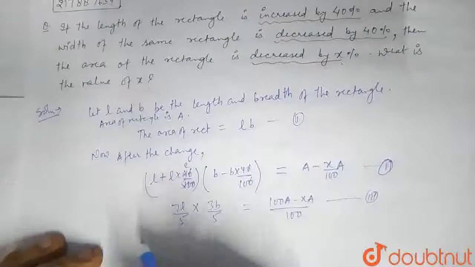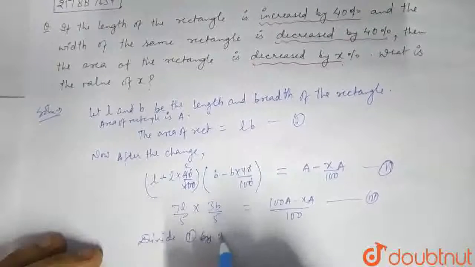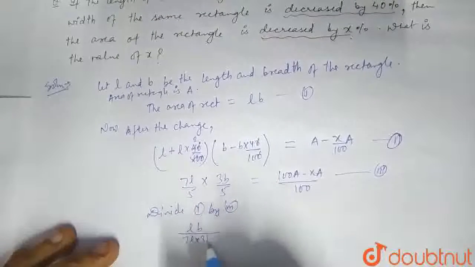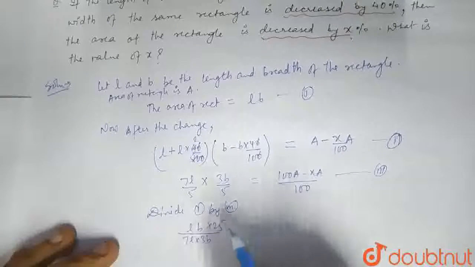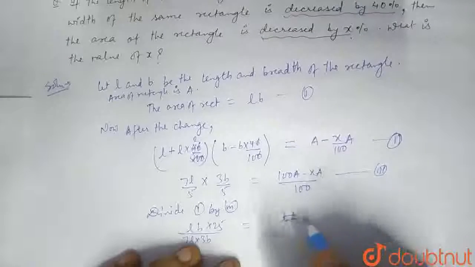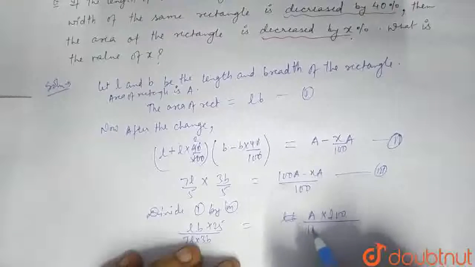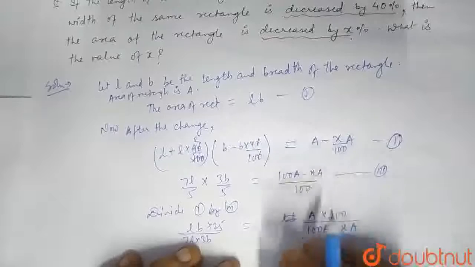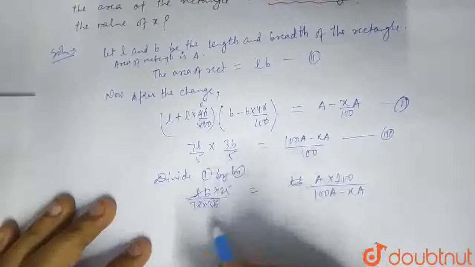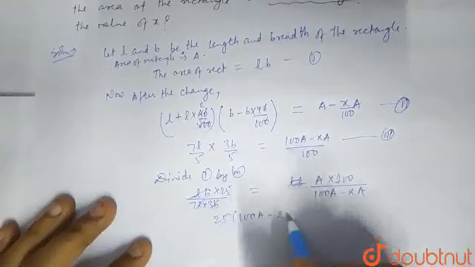Okay, we now just have to divide 1 by 3, so LB by 7L into 3B into 25 equals LB equals area into 100 by 100A minus xA. Okay, so LB, I am just left with 25 into 100A minus 25xA